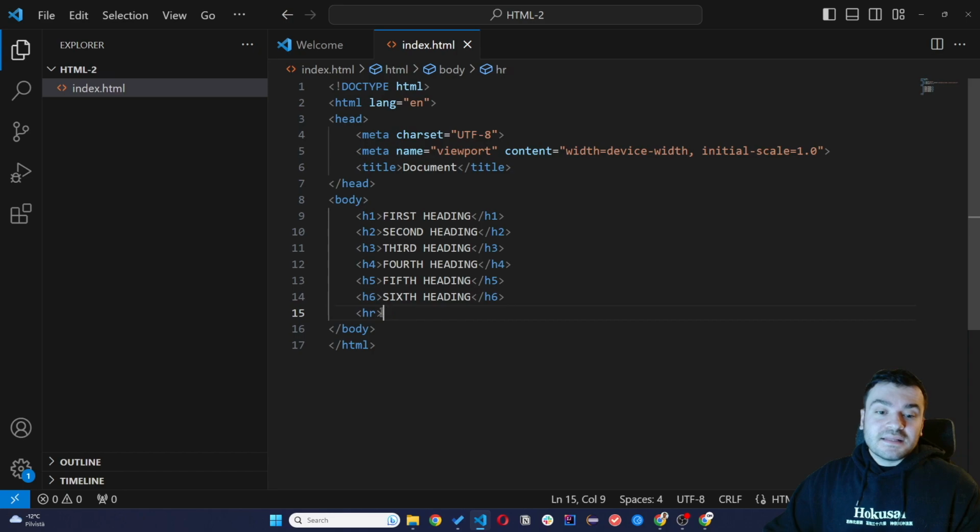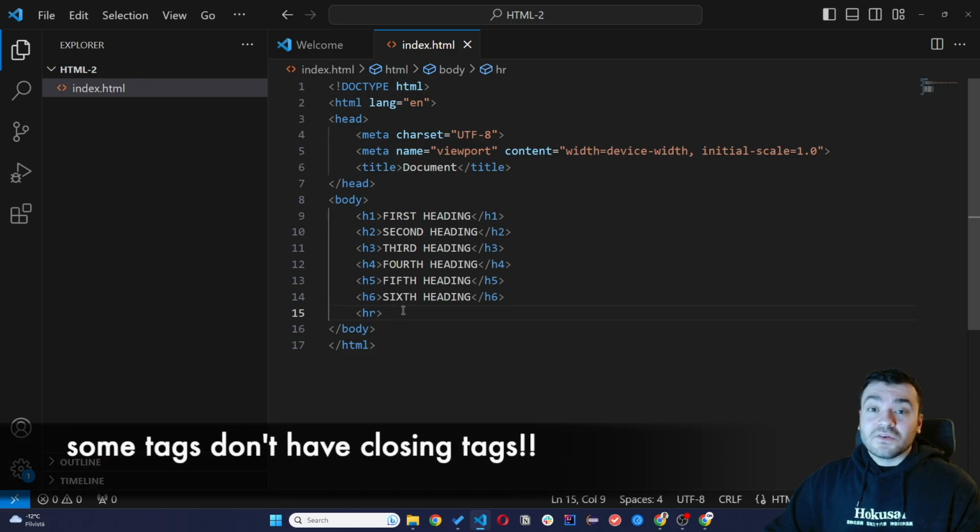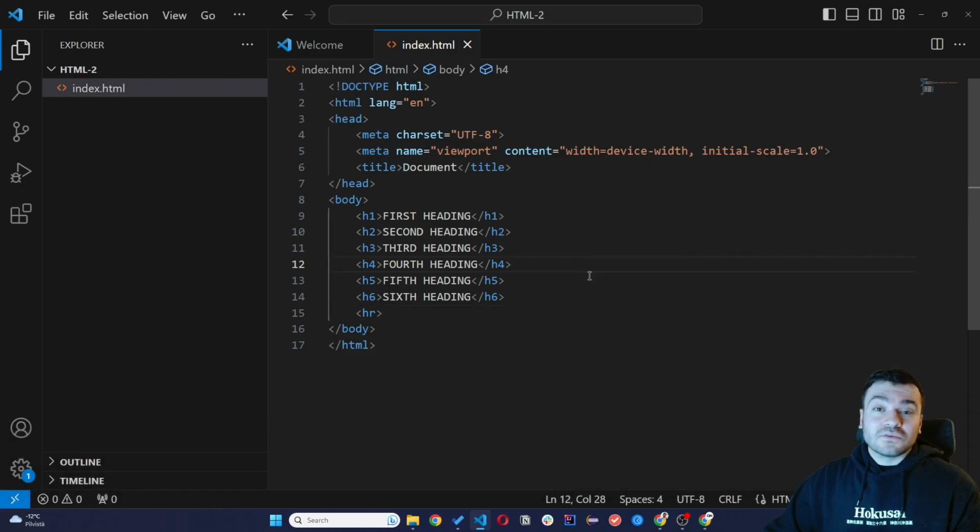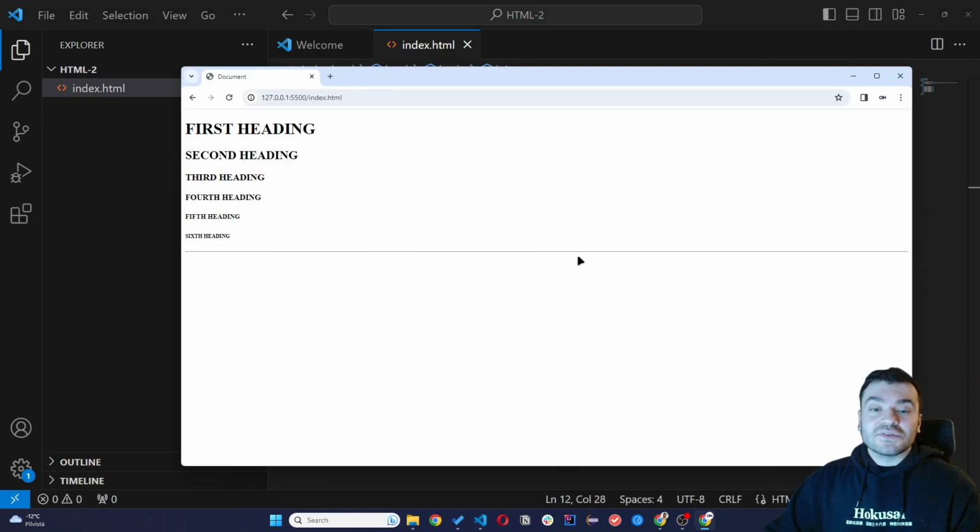I want to mention that HR doesn't have a second closing tag. Some tags don't need to close. Don't forget it. When you save it with Ctrl+S and go to live server, you will see something like this. As you can see here, there is a horizontal line between our 6 headings and the empty space under